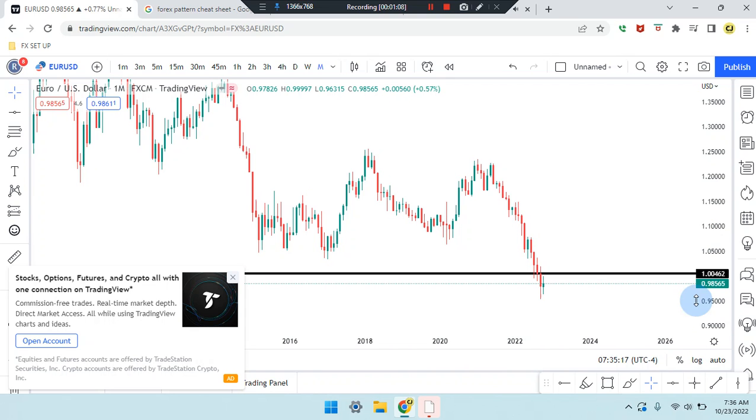Current price on the monthly time frame is a bullish green candle. Doji, side by side with the second last candle, that leg attacked the area of support. So price is currently sitting at 0.98565. As price works its way up, we want to see price head back up to the SR line, which price has currently tagged. It can tag the area of resistance and reverse and go back up, which would be at numbers of